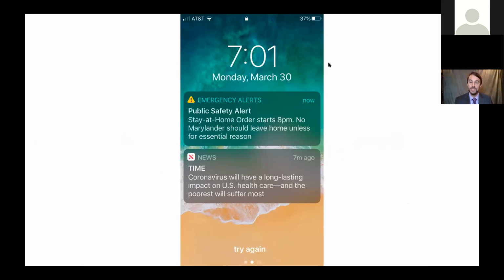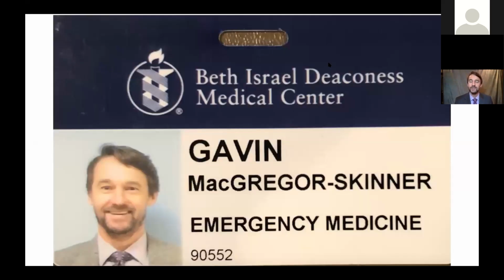I got this text message: stay at home, starts at 8 p.m. No Marylander should leave home unless for essential reasons. It's the same in Virginia, or the same in D.C. And I didn't pay a lot of attention to that until on the way home, I was stopped by a policeman who said, "Where have you been? What are you doing?" And I actually had my Beth Israel Deaconess Medical Center ID card, which on the front